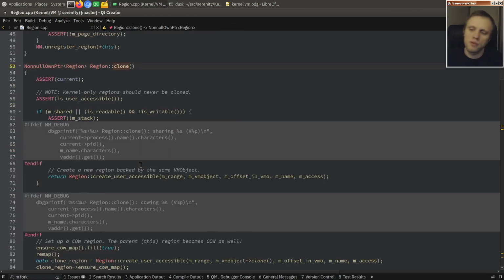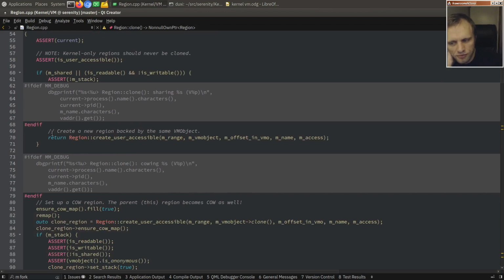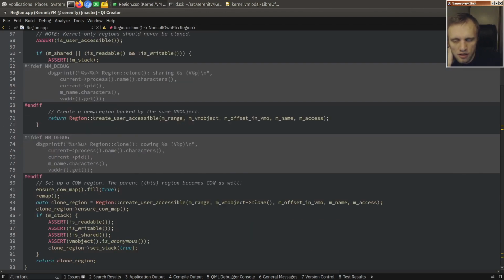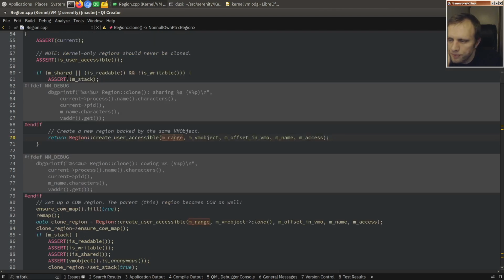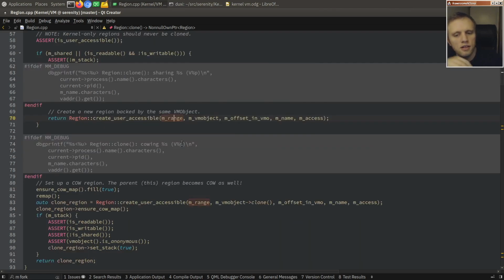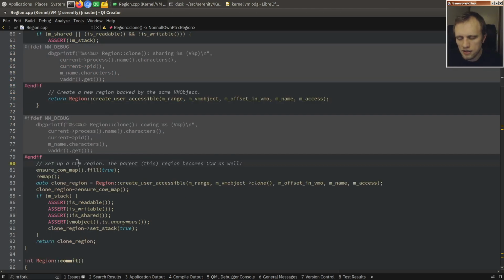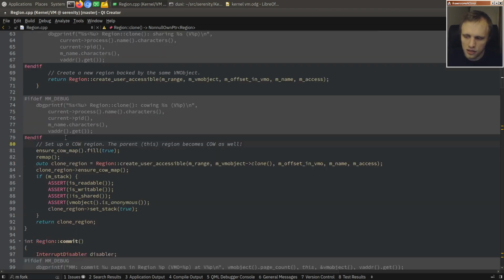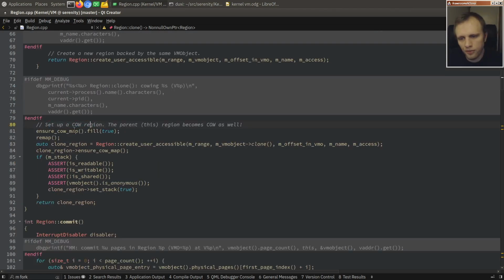And what this does is that it creates a new region object that has the same address, uses the same VM object and everything. And for shared memory, we don't have to do so much, because shared memory is just 2 regions that point to the same VM object and that's it. But if something is private memory, so not shared, then we do this thing called a cow region. And actually both in the parent and the child, that region becomes cow, and it means that we have this